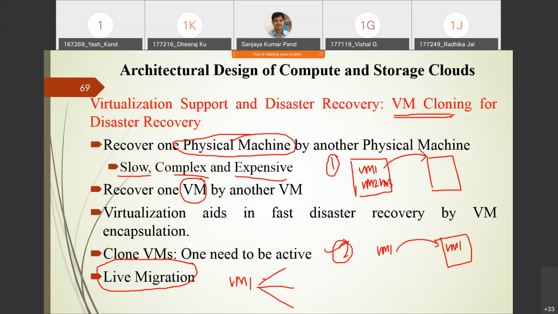Whatever data is there in a particular virtual machine should be replicated to at least three places, so if it fails, I can recover the things from another source.